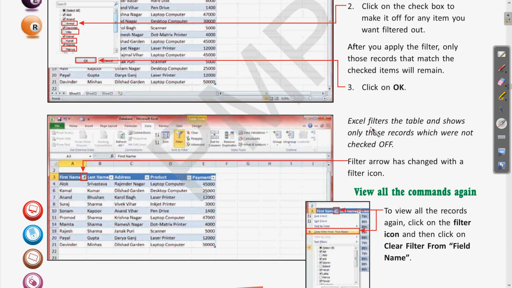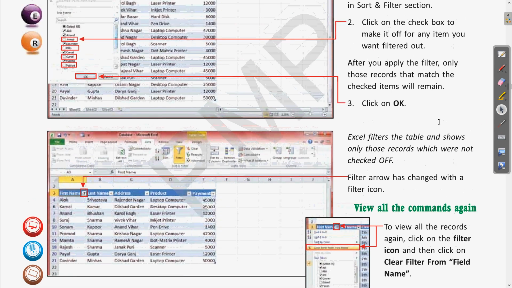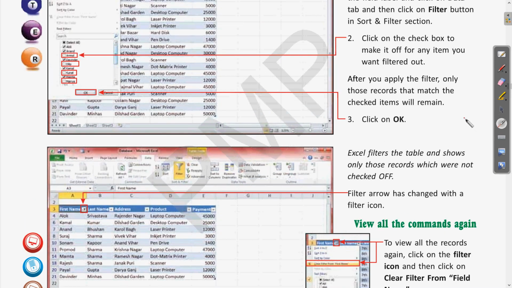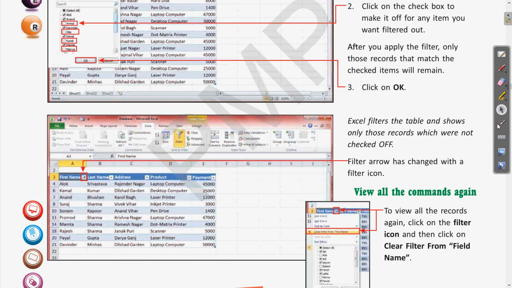filters the table and shows only those records which were not checked off. Clear? It means only those records are being displayed where we have clicked on the checkbox. So this is how we have seen the filter option. Then the filter arrow has changed to the filter icon. So when you select these different names while filtering, this downward arrow button changes to